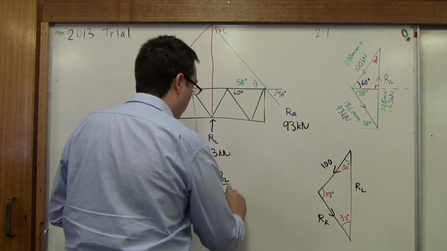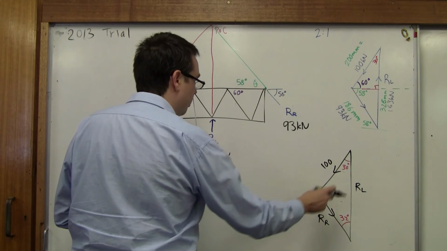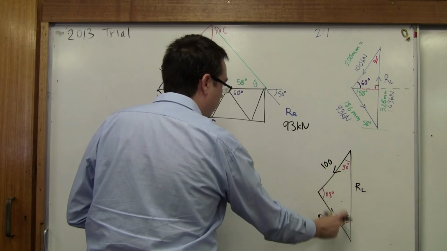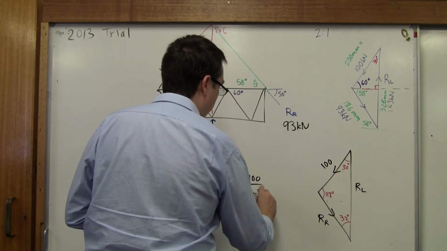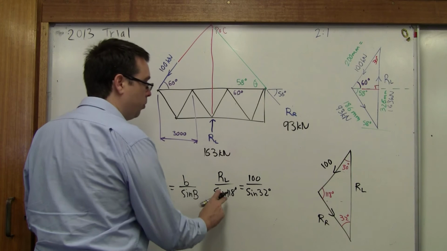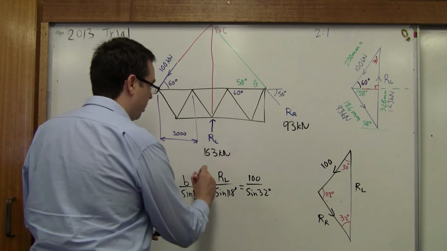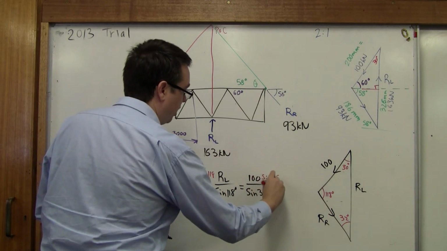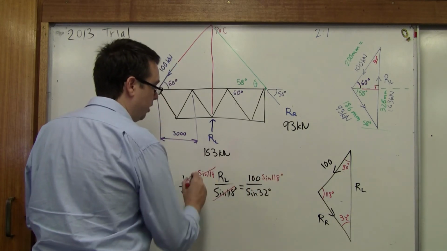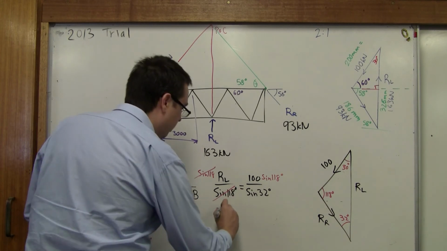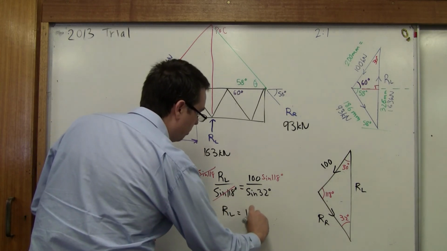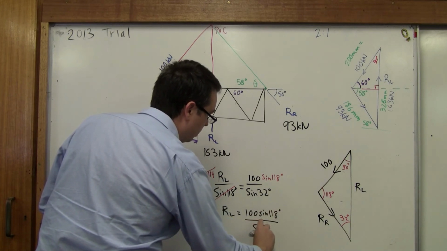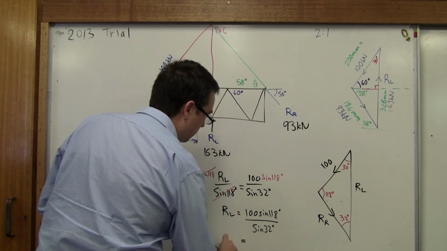RL over sine 118 equals this is our known, so 100, and the opposite angle is 32, sine 32. We can then multiply both sides by sine 118. What happens there is this then cancels out. So what we can rewrite that as RL equals 100 sine 118 divided by sine 32 equals